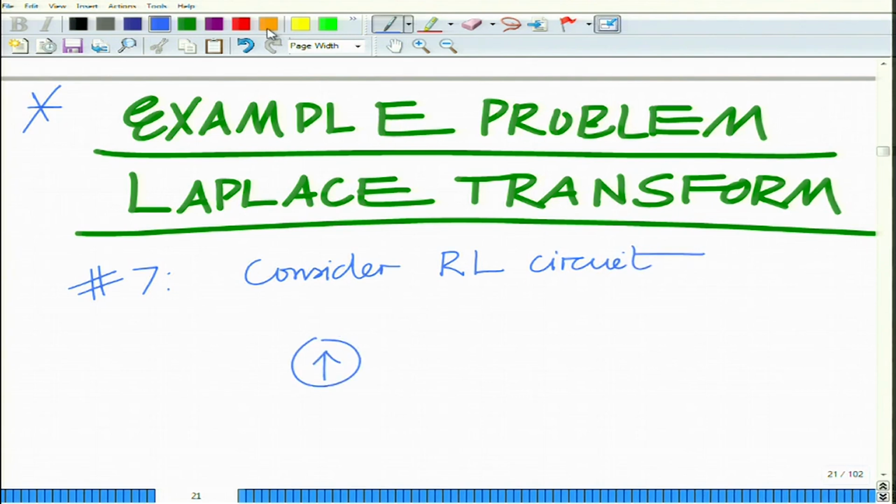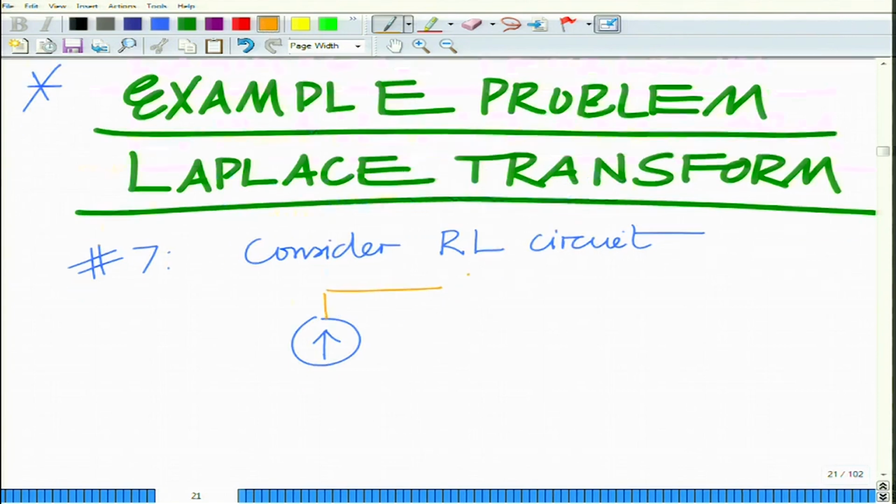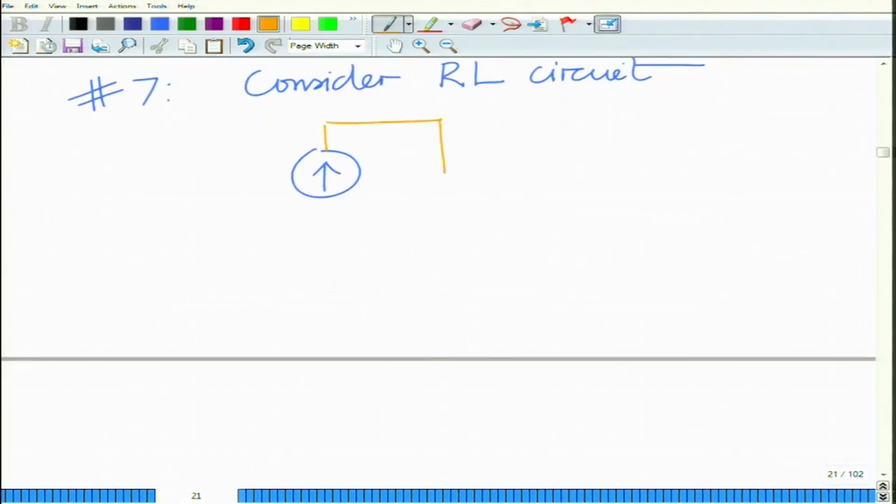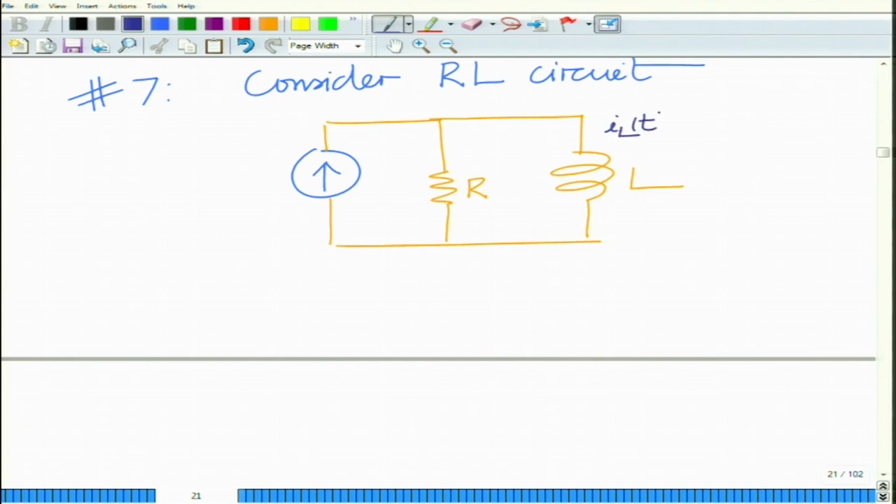So I have a current source which is connected in parallel with a resistance R and inductor L, correct? And if we call this as output current i_L(t) equals y(t), and if we call this as i(t), then we have